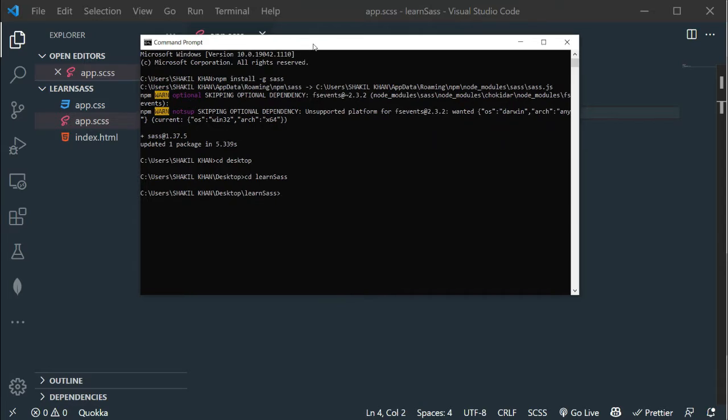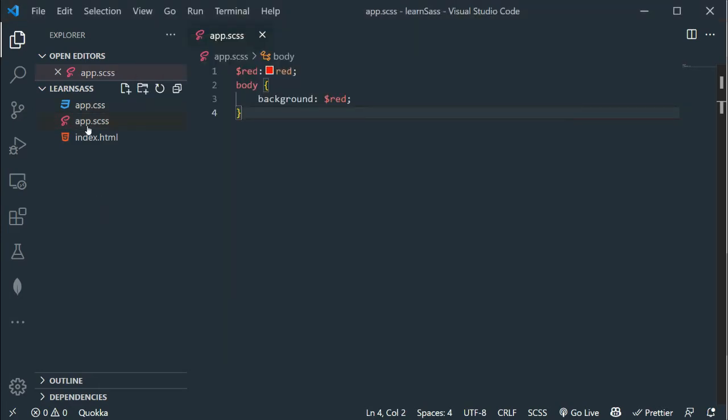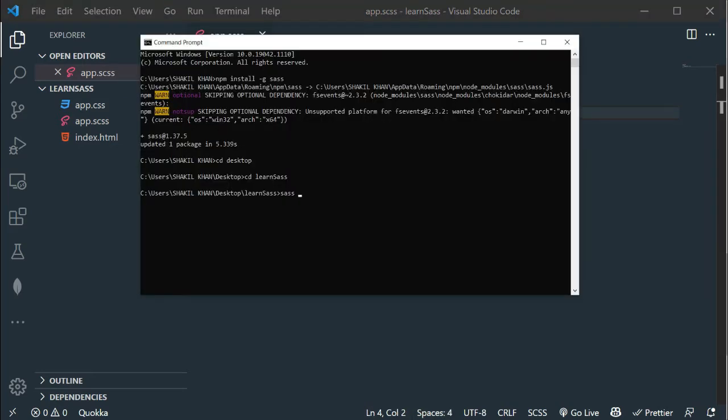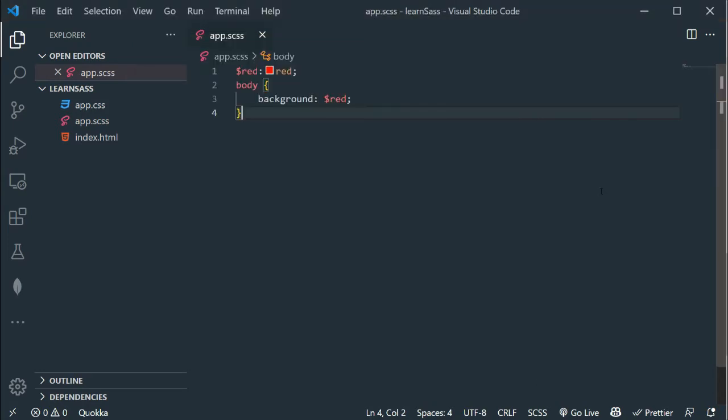Now we have to add sass, which is the package name. After that we have to add the input file name. So we have the app.scss file. So let me add app.scss, space, and finally we have to add the output file name. So we have app.css.